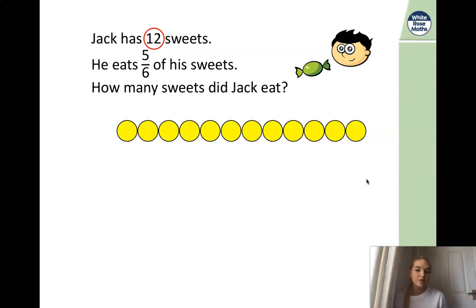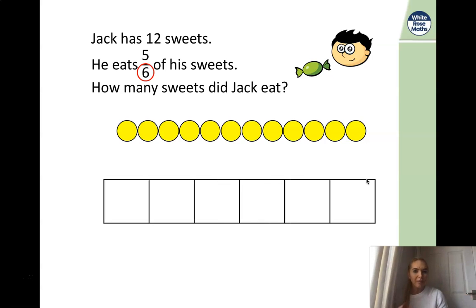This time, we're going to look back at the bar model to work out how many parts are in our bar. How many parts are going to be in this bar? That's right, there's going to be 6 parts, because if you remember, when we do have a bar to show a fraction, we split the bar according to the denominator, which is what we do here. So we've got a bar of 6, and we know the whole of the bar is